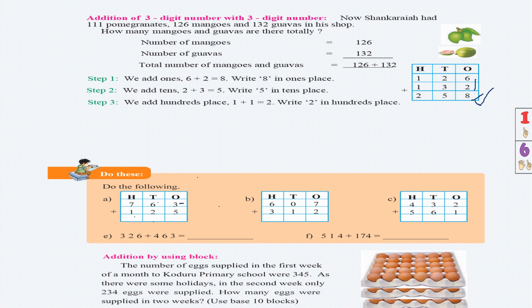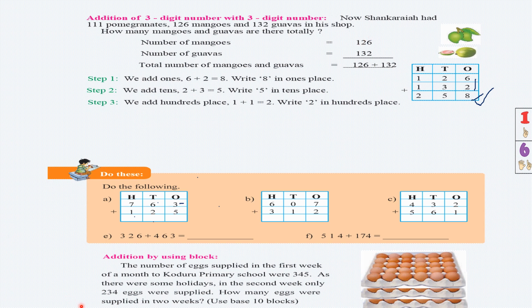Okay, I'll read out the question for you first. Shankaraya had 111 pomegranates, 126 mangoes and 132 guavas. In the shop, how many mangoes and guavas are there in total? The question asks only about mangoes and guavas. So the total number of mangoes, as per this question, is 126. The total number of guavas, 133, right? So now here,